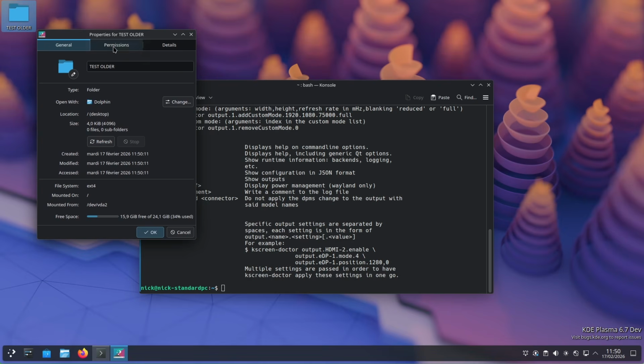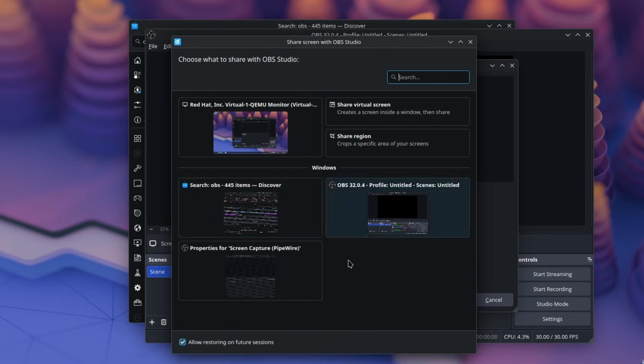Hey everyone, KDE Plasma 6.6 is now out, or it will be very shortly, or it's already out, depending on when you're watching this. It is an absolutely gigantic release in terms of the number of changes in there. So many widget, desktop changes, window manager changes, Wayland support changes, app changes. It's a massive one. And so this is probably going to be a little bit longer than usual, especially since